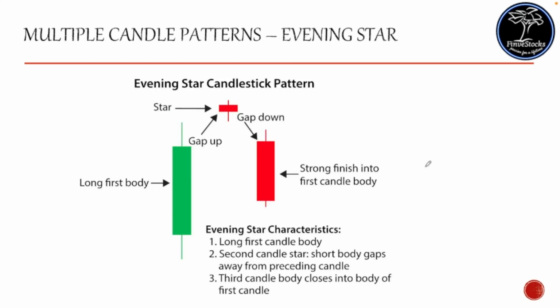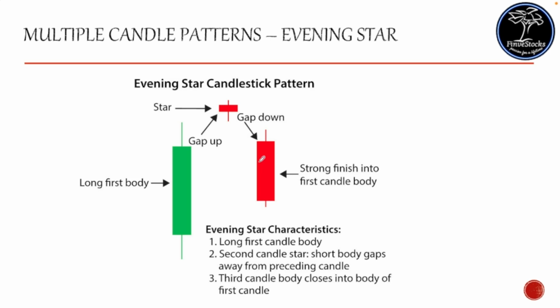Similarly, this pattern shows a typical evening star pattern. The evening star pattern is a bearish candlestick pattern and it happens at the top of an uptrend. So first, continuing that trend, it will show a green candle. After that, the next candle P2 will be a gap up candle and it will close as a doji or spinning top. And again, the next candle will be a gap down, which will reverse the trend